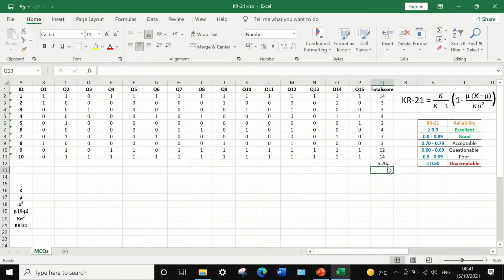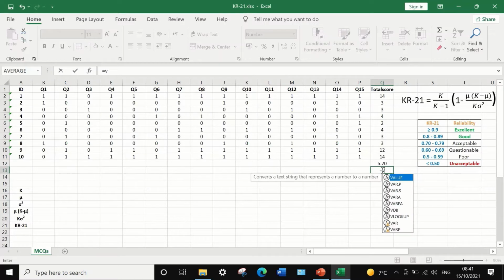A value of 6.2 represents the mean for the total score. The next step is to calculate the variance for the total score. Again, select the cell, insert the equal sign, and then type VAR, which stands for variance, and choose the first option,